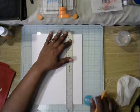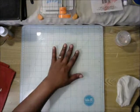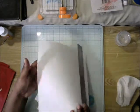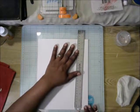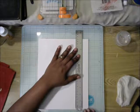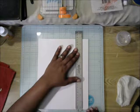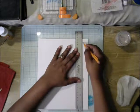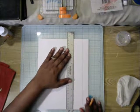Now you may not have a measuring glass like I do have here. But if you have a ruler, you can still make your lines. So I'm not going to make my spaces too thin. So they go on. That's one,